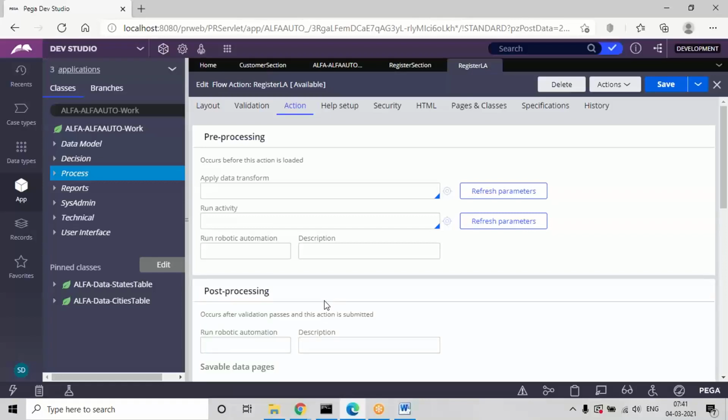Earlier we learned how to perform save action for the connector action. The same way, if you define any local actions and want to perform any save action, that activity rule we have to map in this local action in the post processing, because after submitting the data, that save action will perform on the table. So any business logic written for these local actions, we can call it in this post processing.